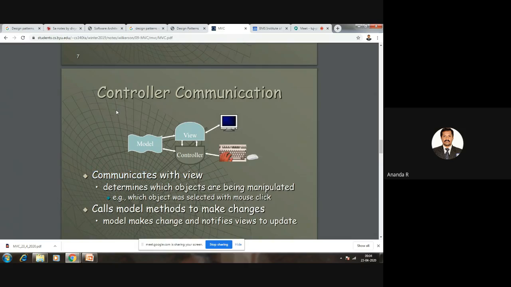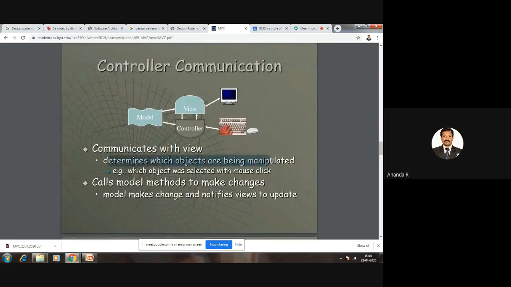But even though they are separate, if communication is required among these components, we do the communication. How the controller communicates with the view determines which objects are being manipulated. For example, the viewing component and the controller component want to communicate.